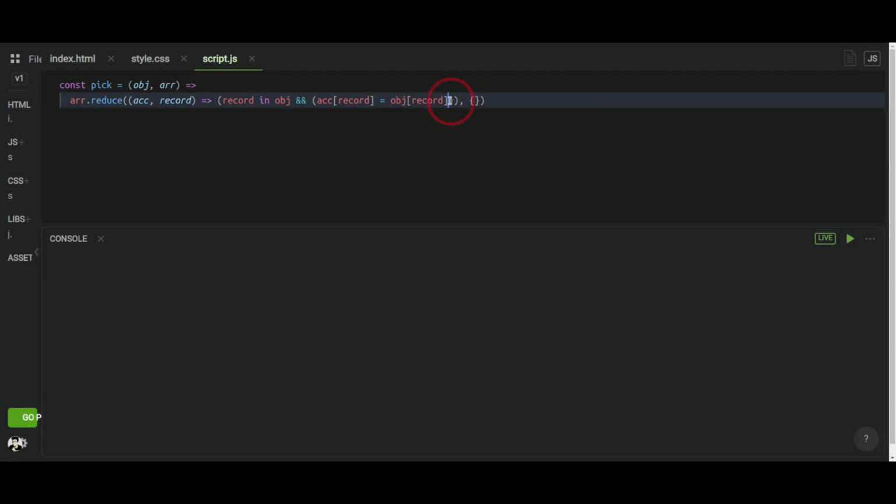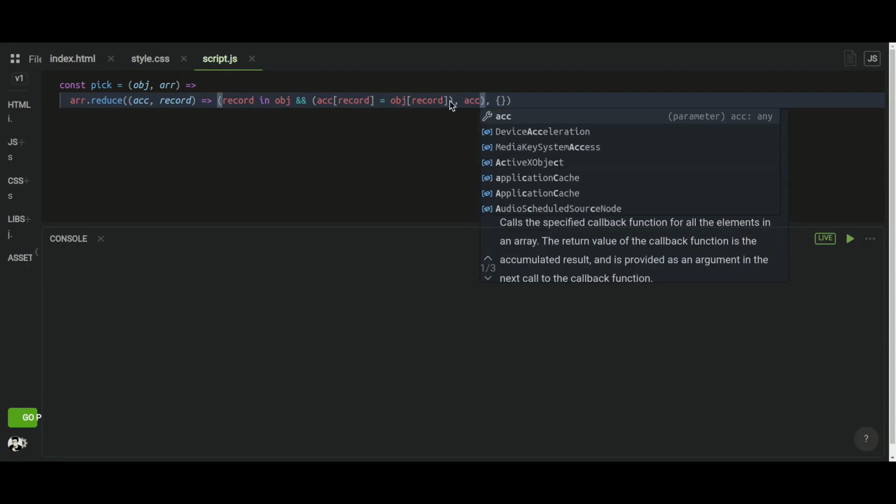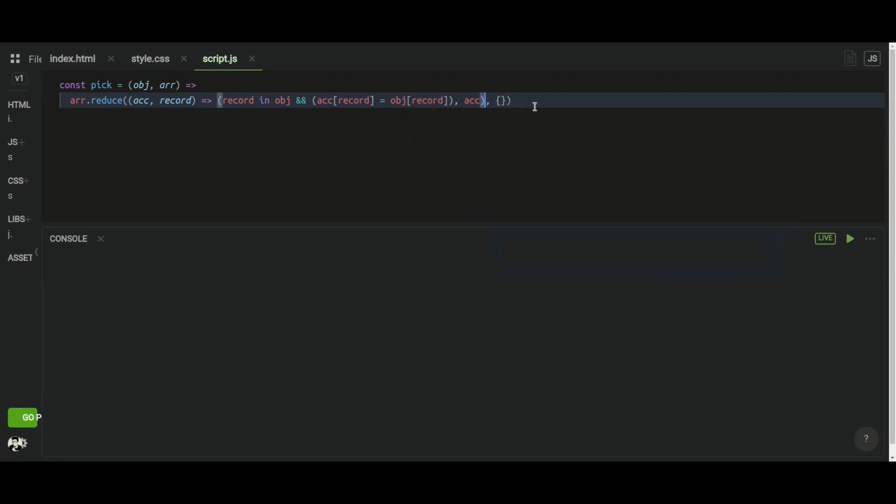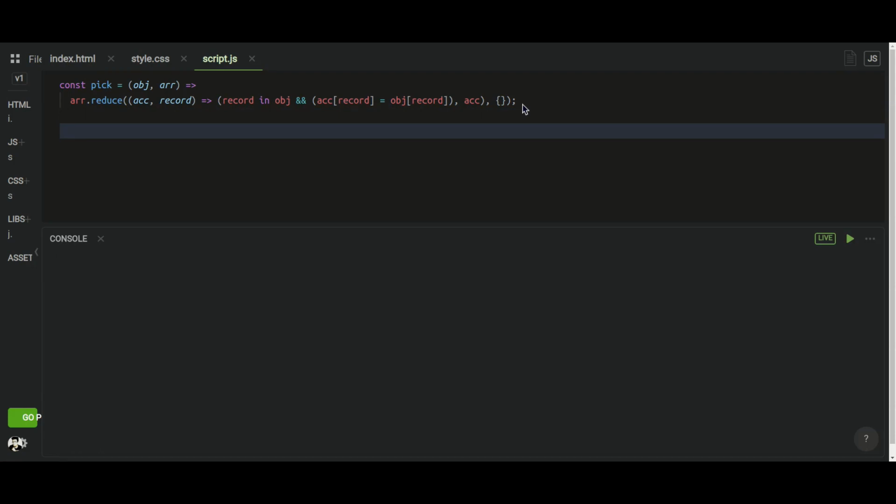So that's how I'm going to assign this key value pair to the resulting object of this reduce method, and at the end it will return me a whole object with my desired key value pairs. So let's see with an example.